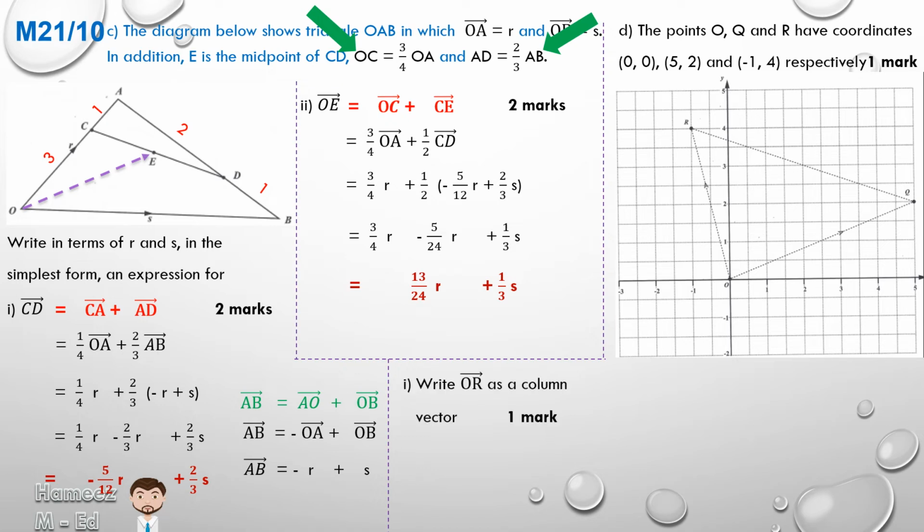Write OR as a column vector. So OR is minus 1, 4, as given. So we just write it, instead of as a row vector, as a column vector. Good. Last part of the question: determine the modulus